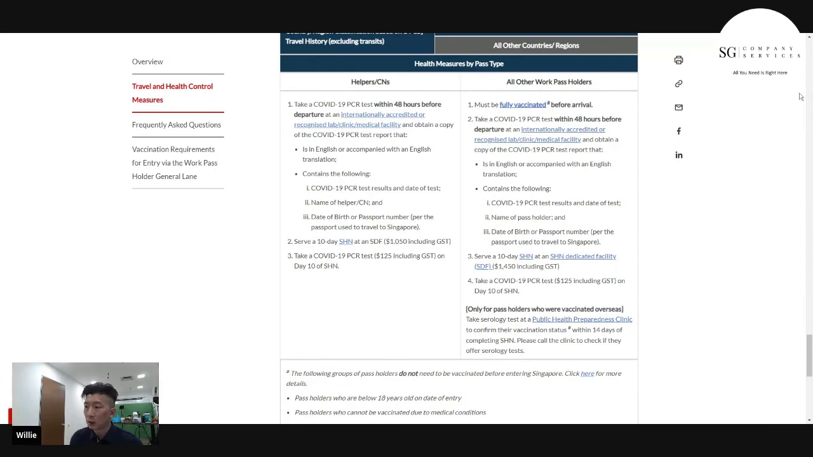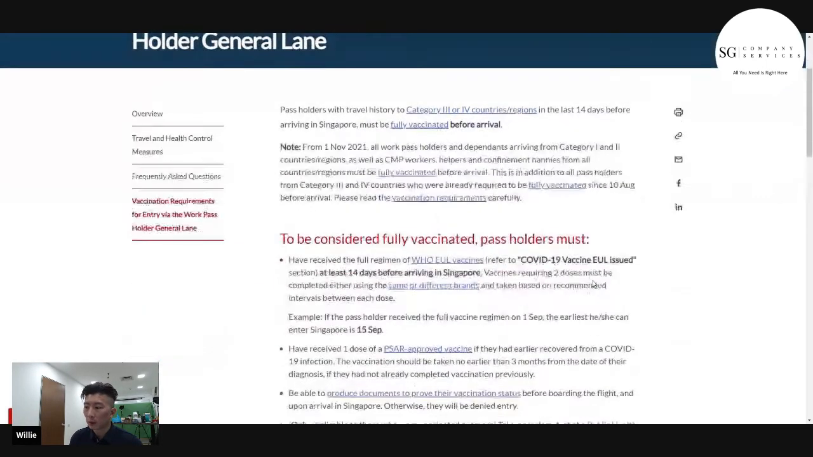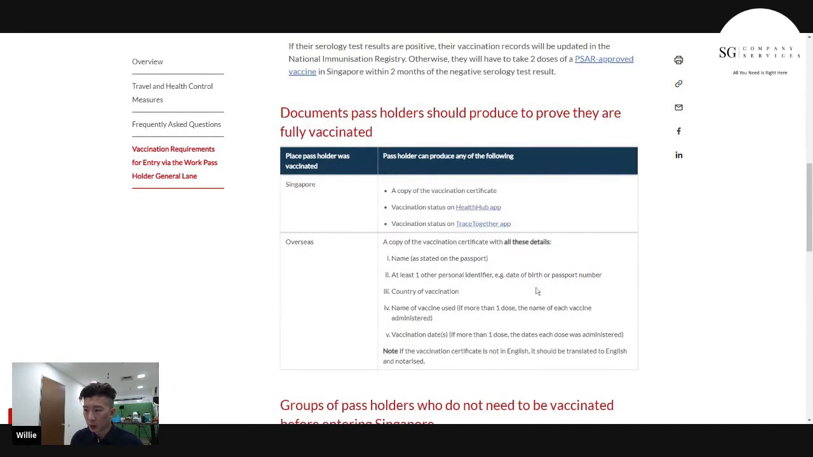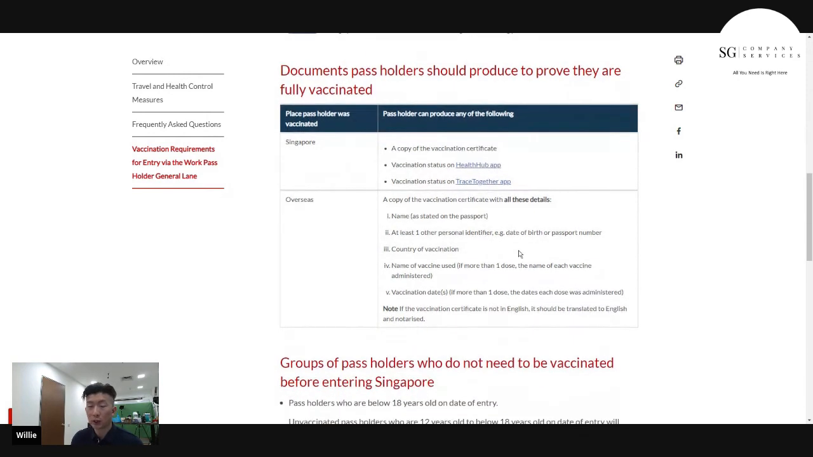But right now, let me just click in. You can see, to be considered fully vaccinated, you need all this. There's a lot of information here. Please read through it thoroughly, just to make sure that your vaccination is valid. But from what I have checked, look over here, they say the documents you should produce to prove you are fully vaccinated. This is non-negotiable. You must have this. Just look at overseas, right? They didn't state anything about